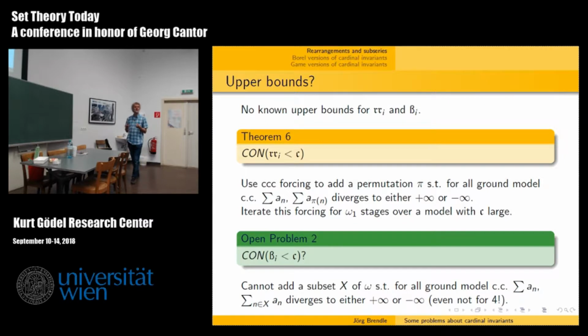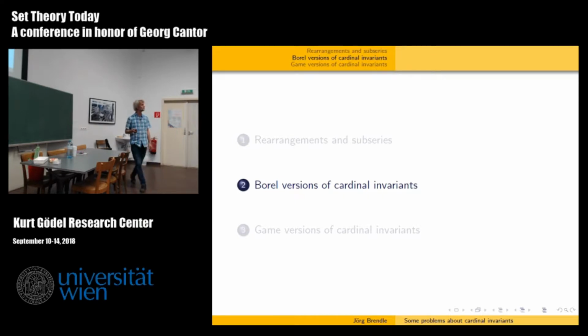Of course, this is some hint that the cardinal should be continuum, but it's not quite enough, because it could still be the case that instead of adding one subset, we could add countably many subsets, such that they work for everybody of the ground model. That's not ruled out, and that would be the approach to take if you want to show consistency, or we have to show that they are equal. Okay, any questions so far?